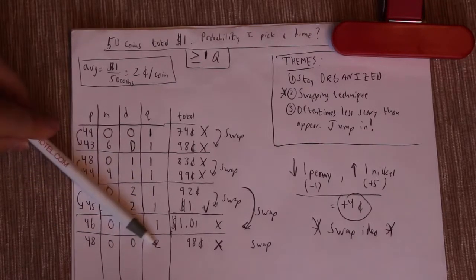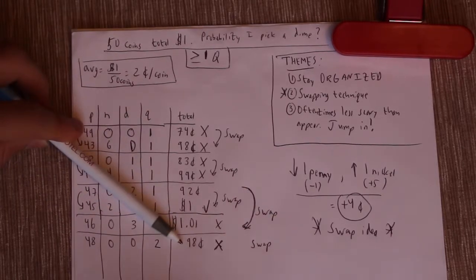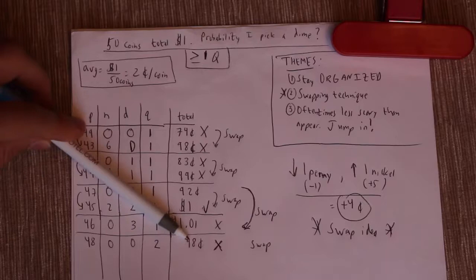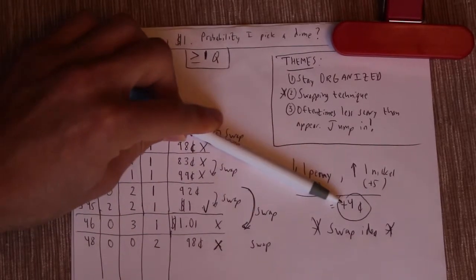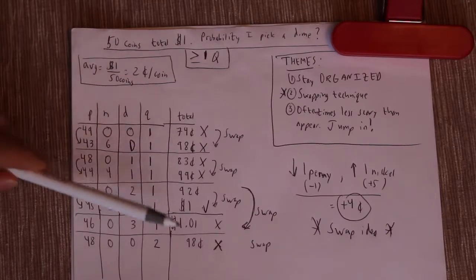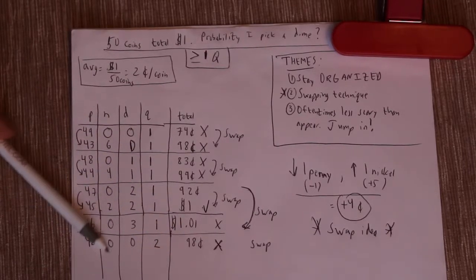And if we add up the value of this, it's 48 plus 50 cents, that's 98 cents. Now 98 cents is 2 away from $1. And again, using our swap technique, we know that 2 cents is not divisible by 4, so there's no amount of wiggling pennies and nickels that will get us there.